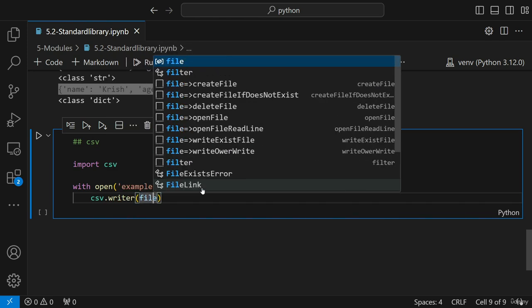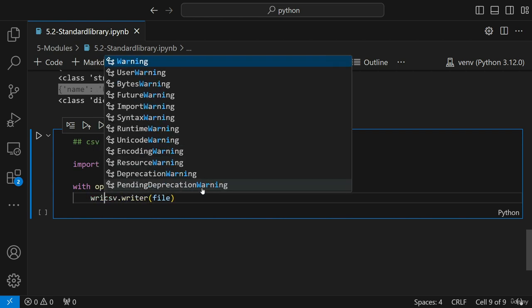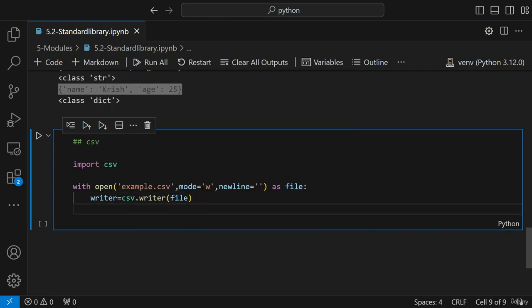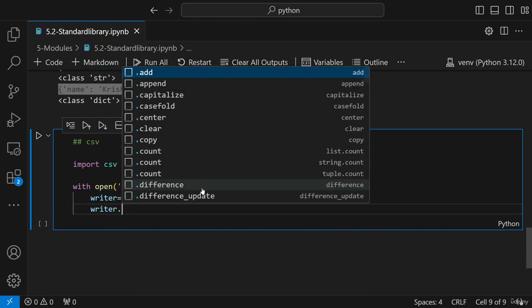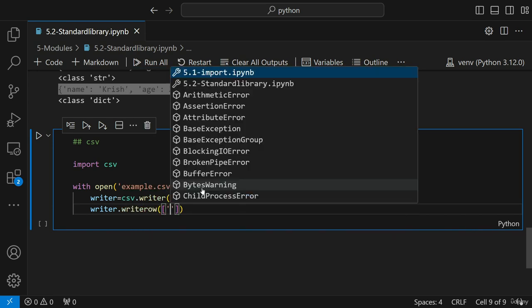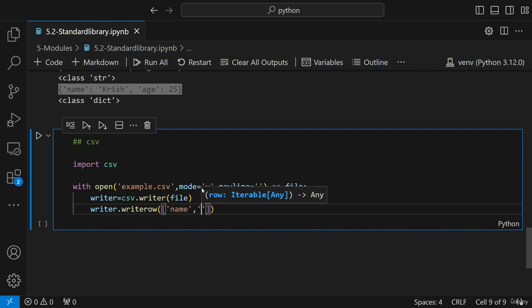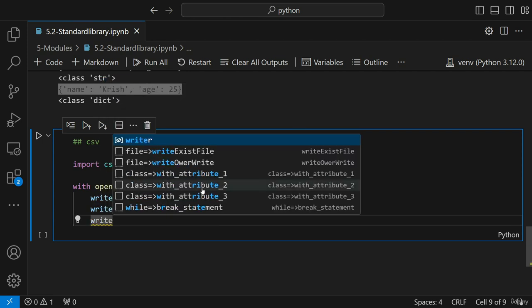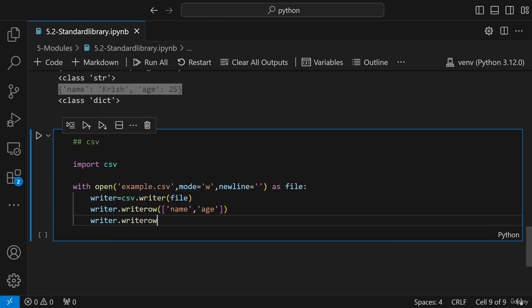So there is a writer function, right? We will write inside this file, and this will basically be my writer. Now I can take any data and write each and every row. So here I'm going to write writer dot writerow. Okay. And let me give the row. The first row will be my column names, name, comma, age. I have to give this in the form of a list or collection. Then I will write writer dot writerow, and I will start writing my second row. And now I will start with my data. So let's say Krish, and here I will put 32, or I'll put an integer,